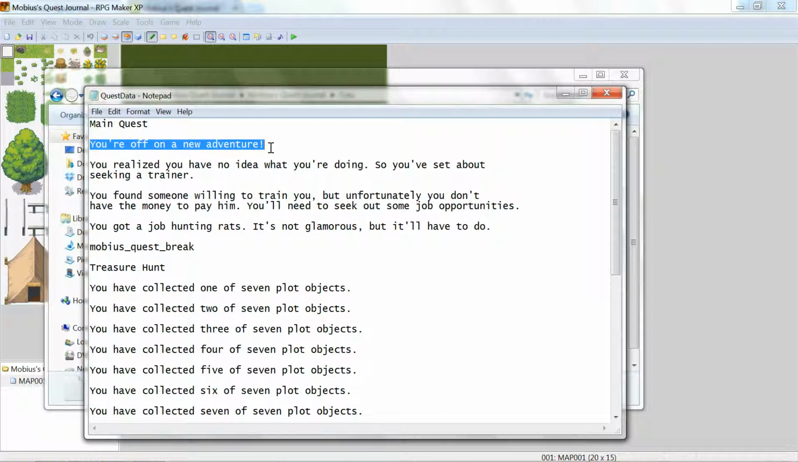So for the very first phase, you put that there, and basically, the first phase could be whatever should be in the journal when the player first learns about the quest. And it can be as many lines as you want. You can see this one has 2 lines and that one has 2 lines, but it can be as many lines as you want. But in between the phases, you just have to have a blank line, and that's how you separate